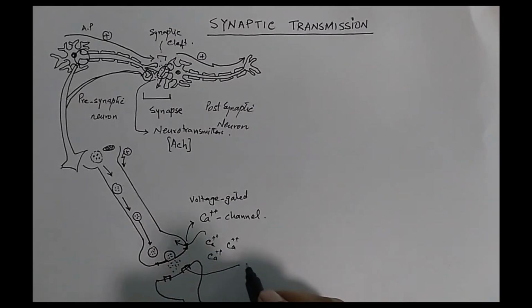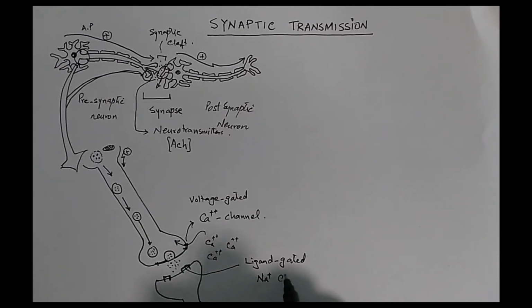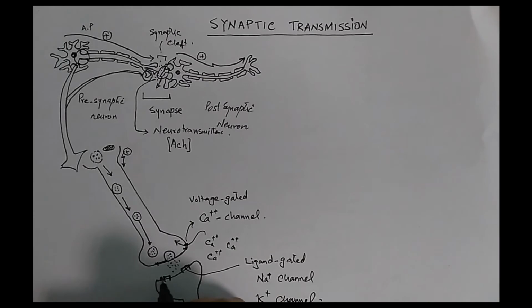They are known as ligand gated sodium channel and ligand gated potassium channel. These neurotransmitters come and attach to these specific receptors, resulting in the opening of these gates. The sodium potassium gates open